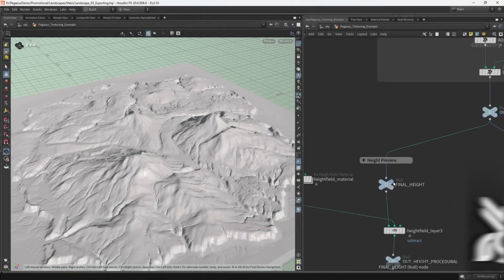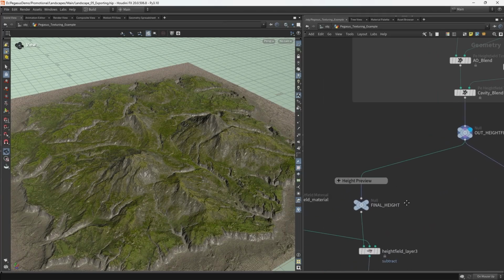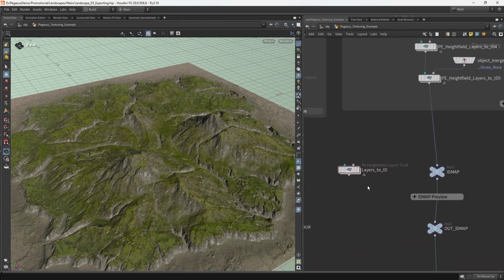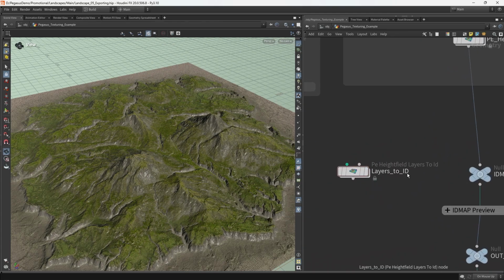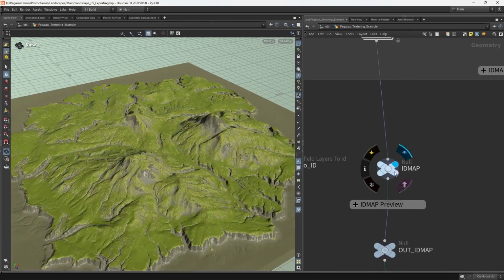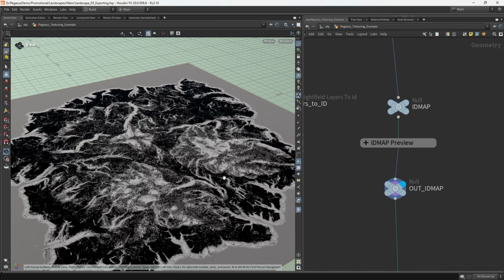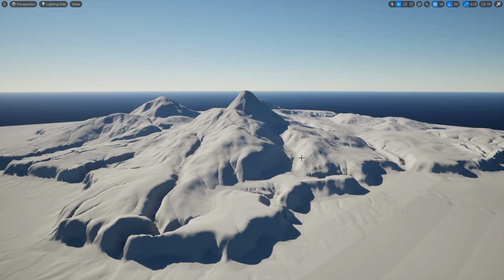Previously, we looked at how we added detail and color to our Project Pegasus terrain using the Pegasus height field material workflow and nodes. Following on from that, we looked at how we created an IDMap using the height field layers to ID node. This IDMap is going to be used to drive the displacement and distribution of materials inside of Unreal Engine. In this video, we're going to look at how we transformed our starting point, which was this,